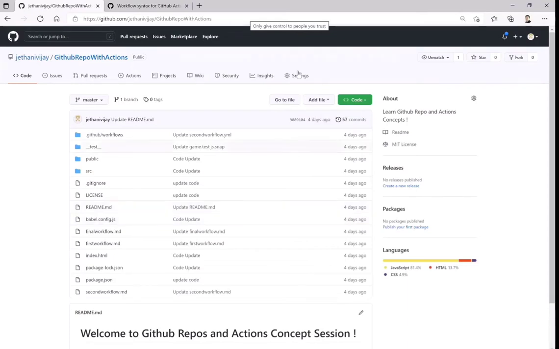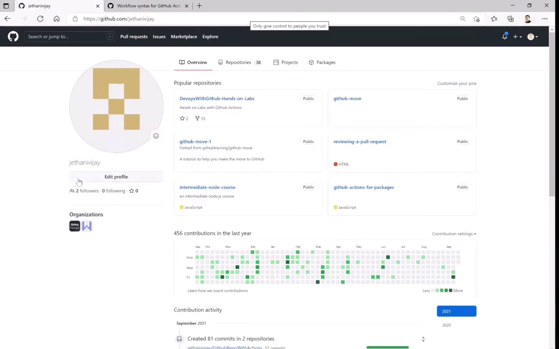So to start with, first of all, what exactly the repository is all about. In this particular session, I'll be going through practically how the repository looks. So for that, let's look at the options you have before even. From the organization perspective, this is how your own repository will look once you